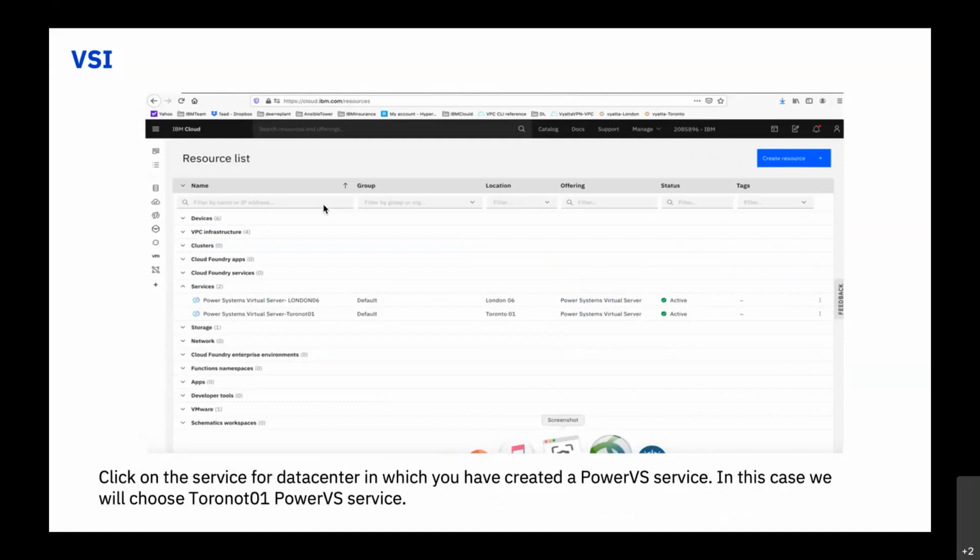When I'm logged into my IBM Cloud, on the dashboard, the very first thing top left that I can click on is my resource list. And that lists all the different services I'm using. Power Virtual Server, x86, VPC, other network services. You remember those Junipers and Vyattas that we talked about earlier? Maybe Cloud Object Storage, they're all listed there. And so you click on the Power Virtual Server service, my collection of LPARs,